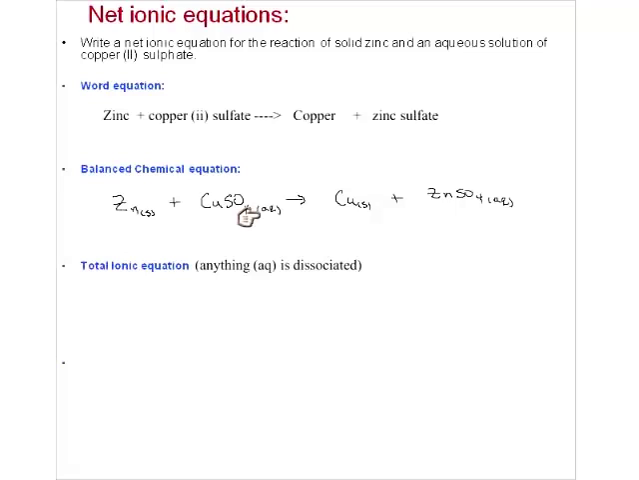So anything that's AQ is going to be dissociated. Everything else stays the same. Solids, liquids, gases stay as they are. It's only the AQ ones that are really formed from ions. So what I'm going to do is I'm going to rewrite this and say anything that's AQ, I'm going to write it in its dissociated form. Everything else that's solid or gas or liquid, I leave it as it is. Okay? What I'm going to do now is I'm going to say,